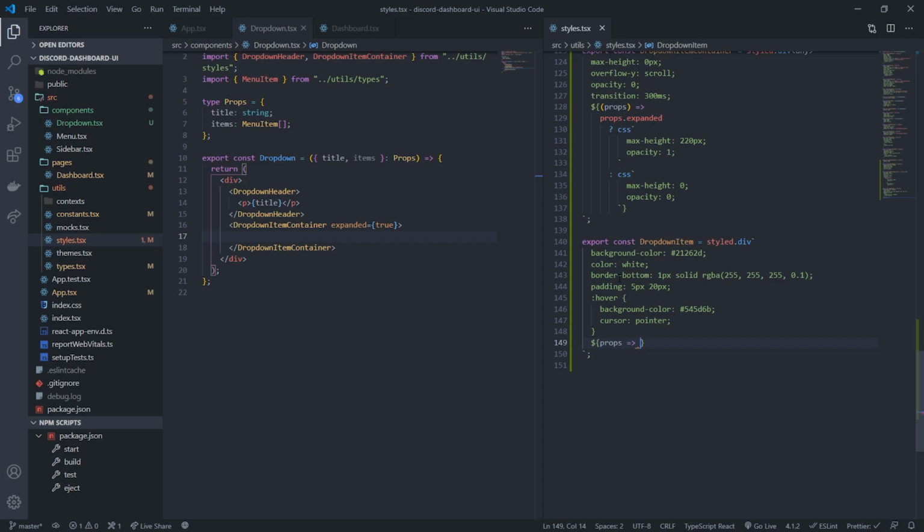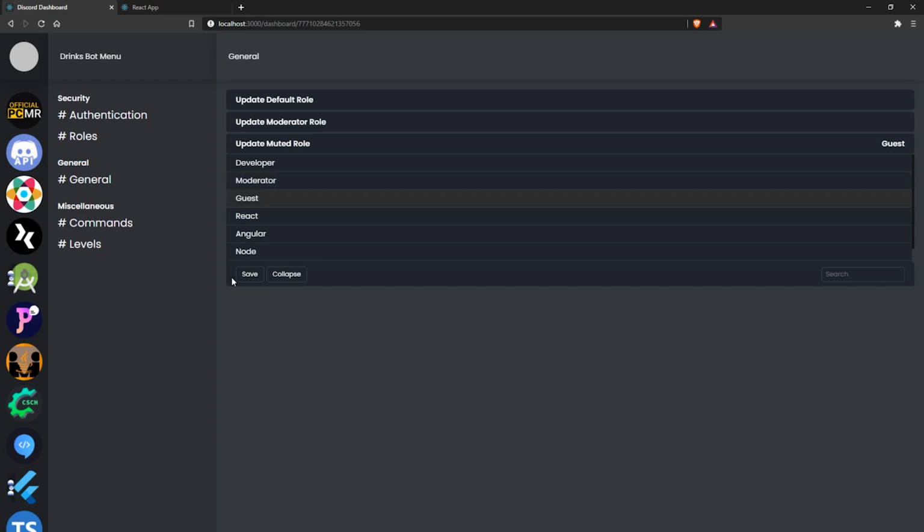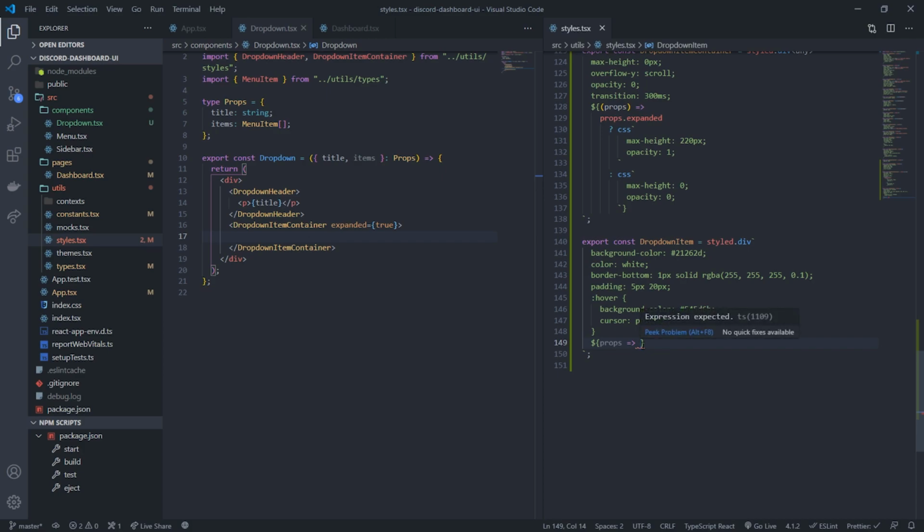So this prop is just going to basically allow us to check if the item is selected. So that way, let me go back to the demo. If I actually do this, it'll change the background color. Whenever we pass in this prop, isSelected, if it is selected, we're going to change the background color